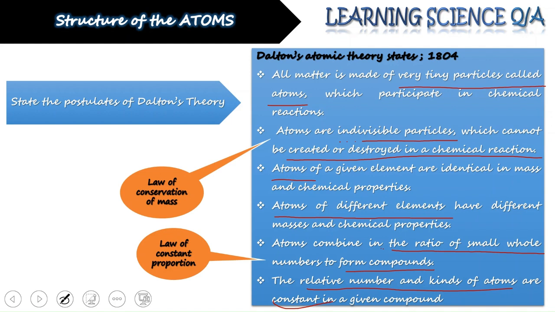And this can be proved by looking into the number of atoms present at the reactant side and the number of atoms which are present at the product side. The law of constant proportion says that whenever some atoms are combining to form a compound, the ratio in which they will be combining will always be fixed and constant. So, in order to form a given compound, say for example water, whenever water is to be formed, the proportion of hydrogen and oxygen must be standard and constant.